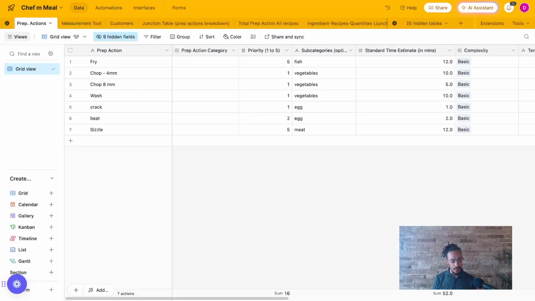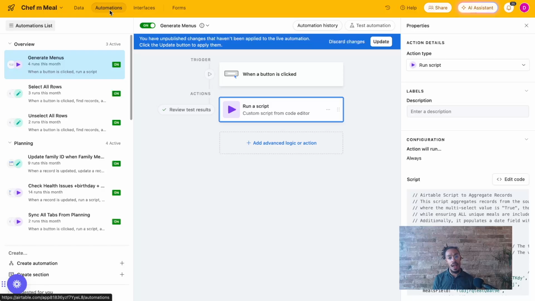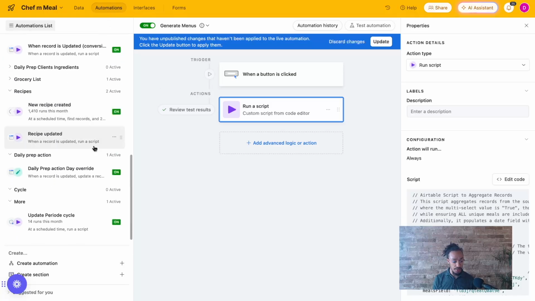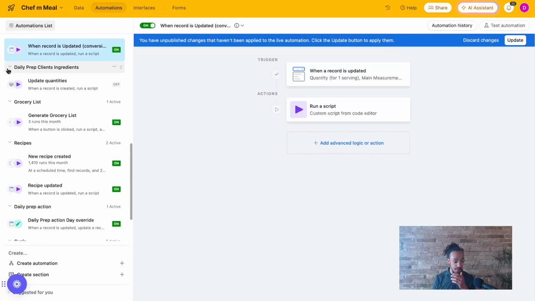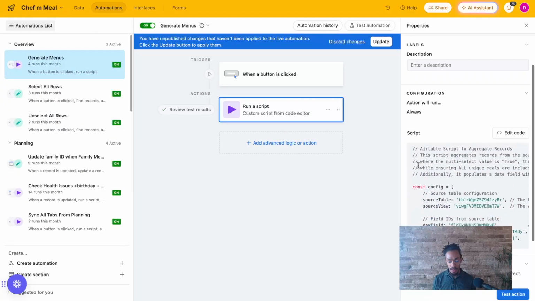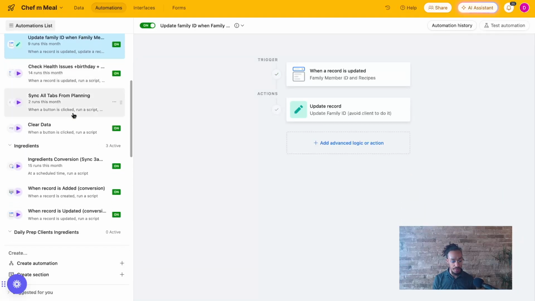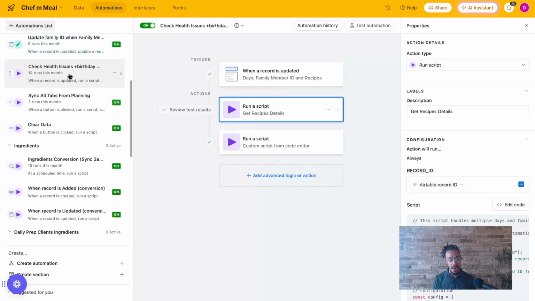So when you go to the automation part, everything that I have right now is actually running with scripts. Most of them have been generated with the help of AI, but then it allows you to literally do and perform tasks that you cannot do with the regular automation. So for example, when the AI was performing